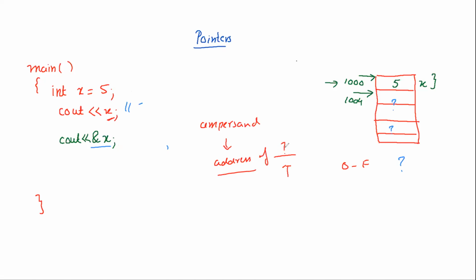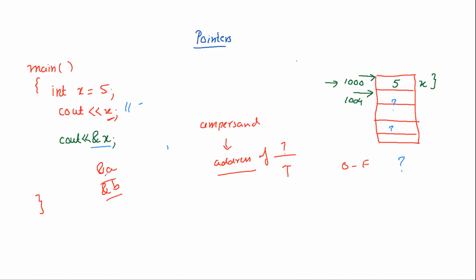You should also be careful that the same symbol can have different meanings depending on where it appears. I just told you that if the same symbol appears in a function prototype, which we saw yesterday, it will have a different meaning: it means we are talking about call by reference. But when the same symbol appears with a variable in a statement, you have to read it as address of. So &x means address of x. Similarly, if I have another variable a, this would mean address of a. If I have another variable b, this would mean address of b.